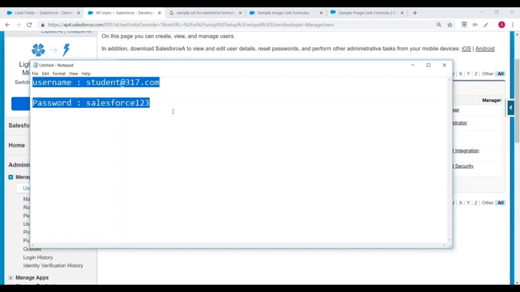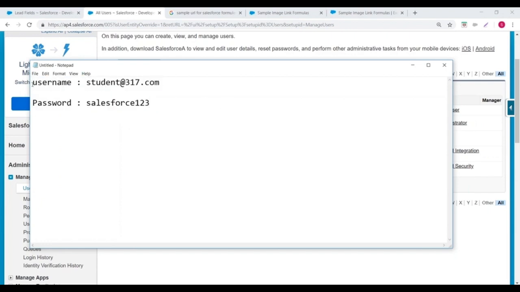This is the username and password for accessing the